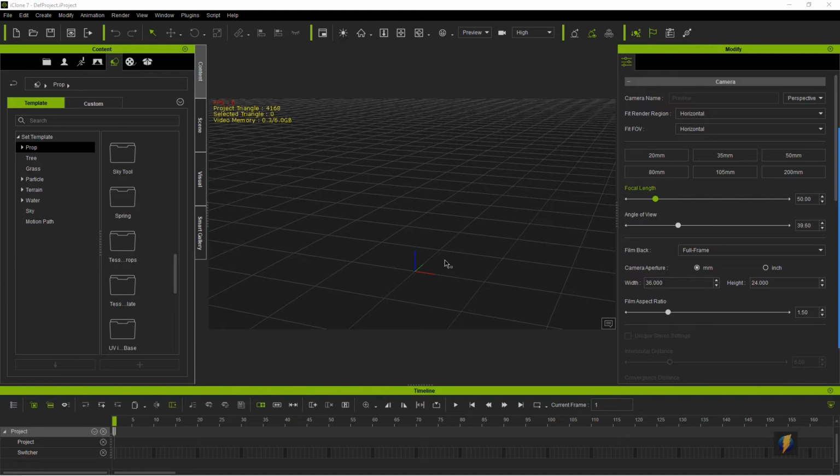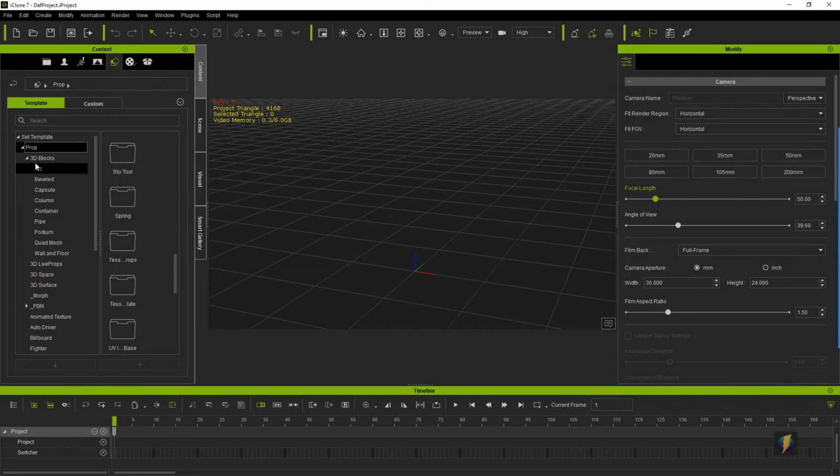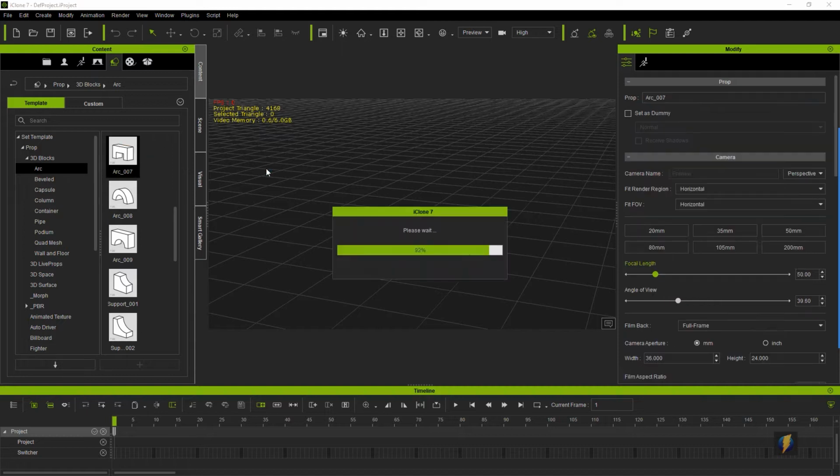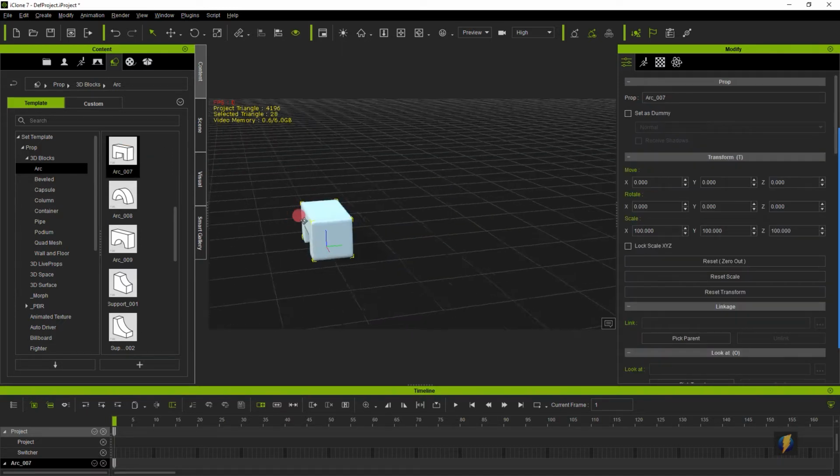Hello everybody. In this video we're going to review some techniques that we can use to easily organize assets in our scenes in iClone. So to begin, I'm going to go to my Sets tab, which is the one with the little tree icons on it. We'll go to Prop, and we'll just take a look at some of these various examples that we have of 3D blocks. So I'll just bring a bunch of these into my scene, and we'll just arrange them,